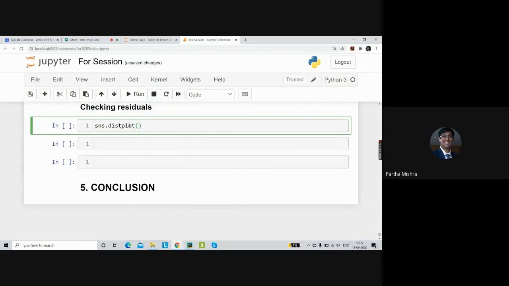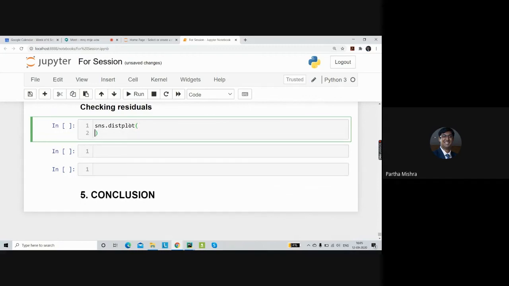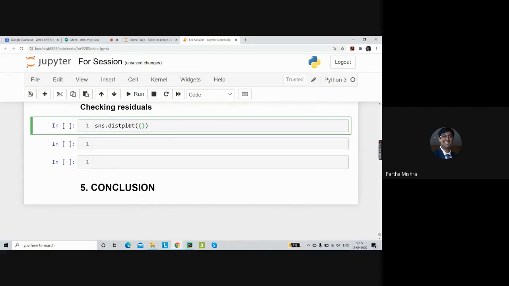Inside this, I'll just pass in y test minus y pred. Remember, y test minus y pred was our error term.